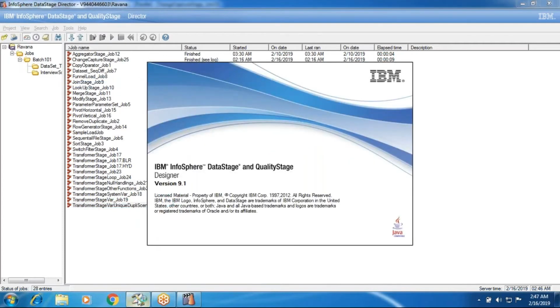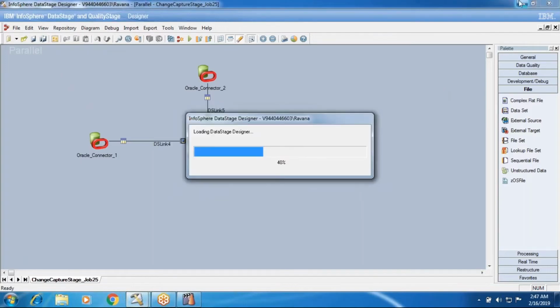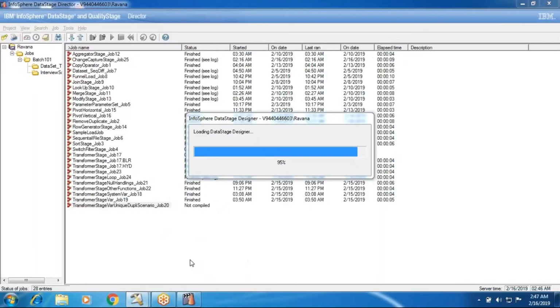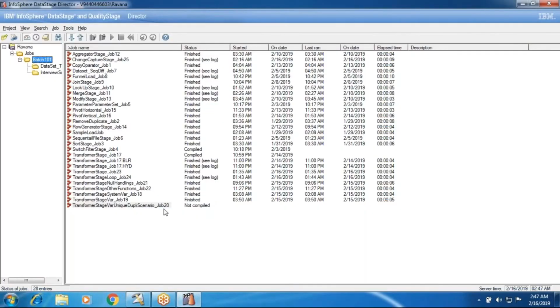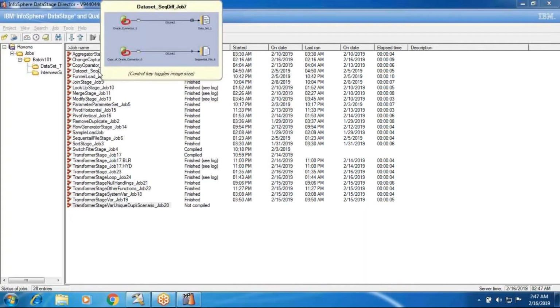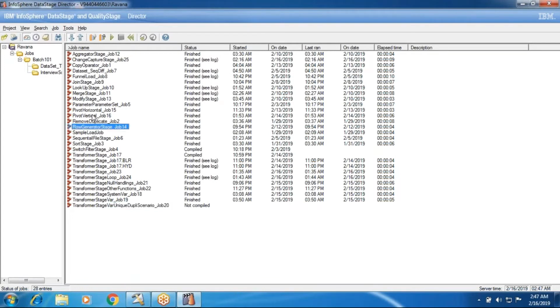You can open the designer from here again. Of course, we have opened it already. It opens again. I don't want the job directly. The job is opened. That is the way you go through the director, and you can stop. You can run the job from here itself. It will throw compile errors if there are any. You can run. It is finished status. It ran, and you can reset and you can stop,